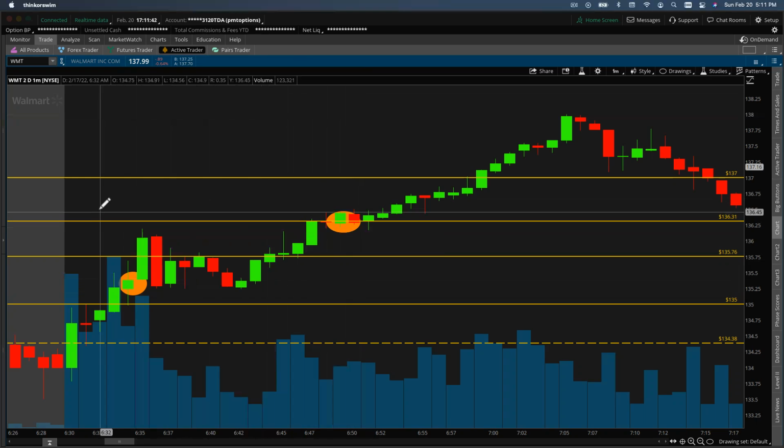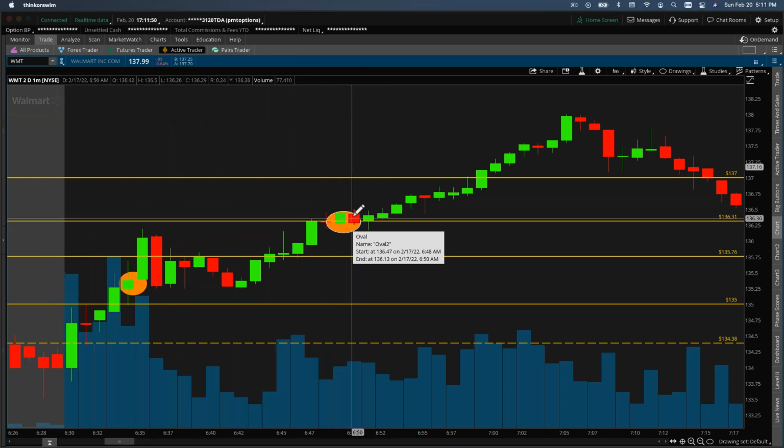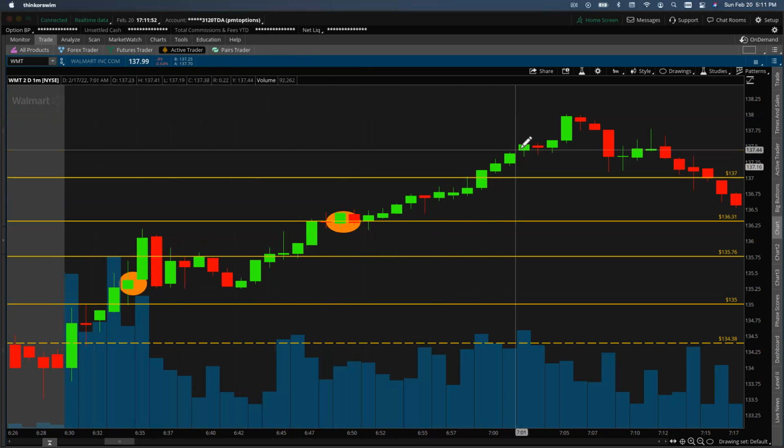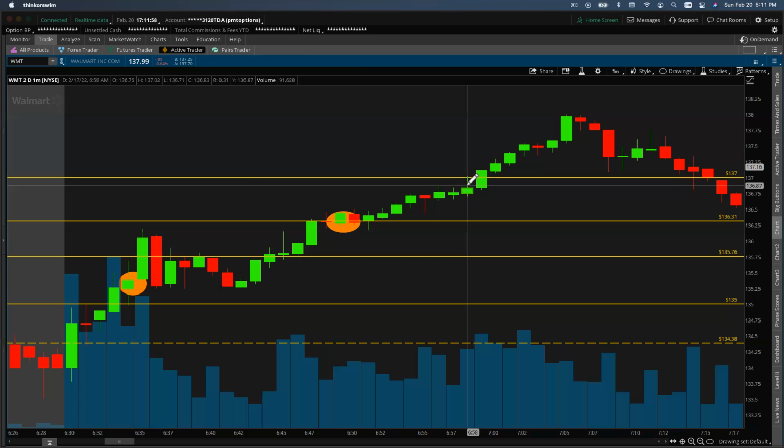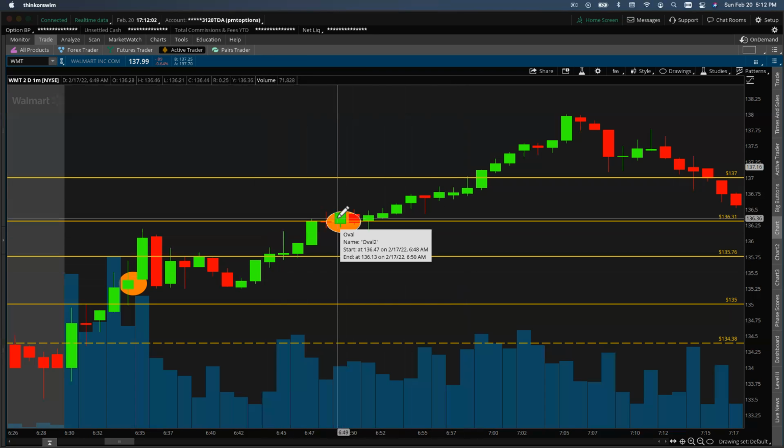I actually sold most of my contracts here, and after I sold, I had one runner. Then, obviously, we kept going up, and I sold my runner at around 136.80 on Walmart stock. But yeah, guys, it's just securing profit, and not letting the market take back your gains and money,